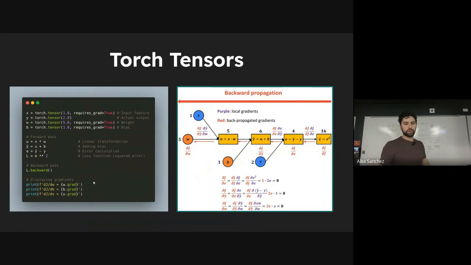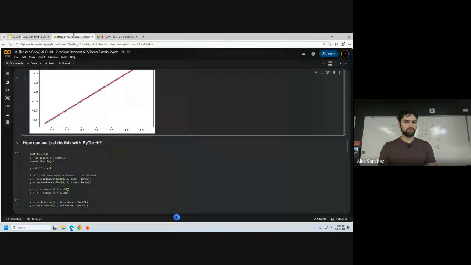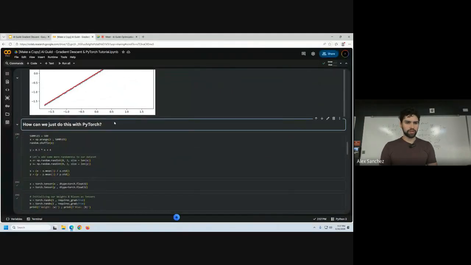And here we're just displaying the gradients. Again, the most important part here is that all of that is done pretty much automatically, just with the call of one function. And if you guys go back to the notebook,